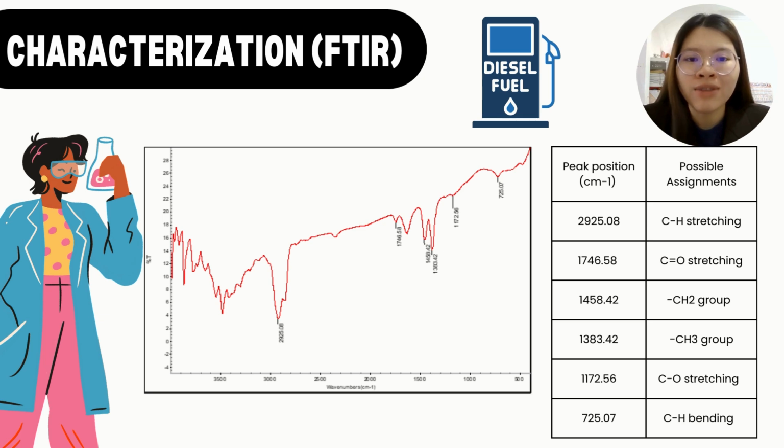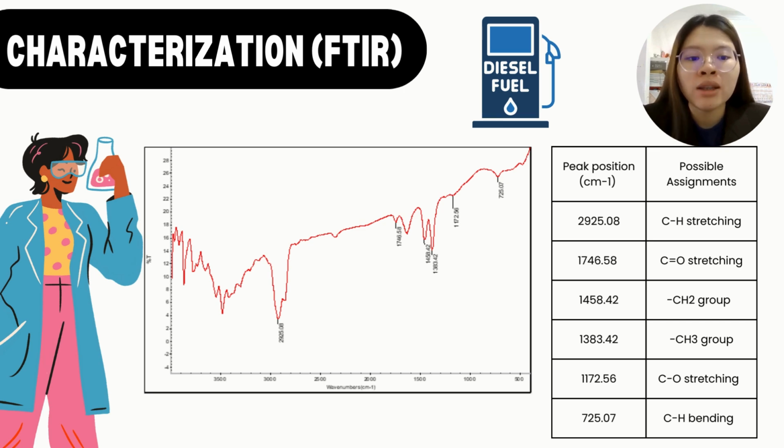This is the KBr FTIR analysis. The diesel Euro 5 showed the highest absorbance at 2925.08 per cm, which is associated with the symmetric CH stretching vibration of aliphatic methyl CH3 groups. Wave number